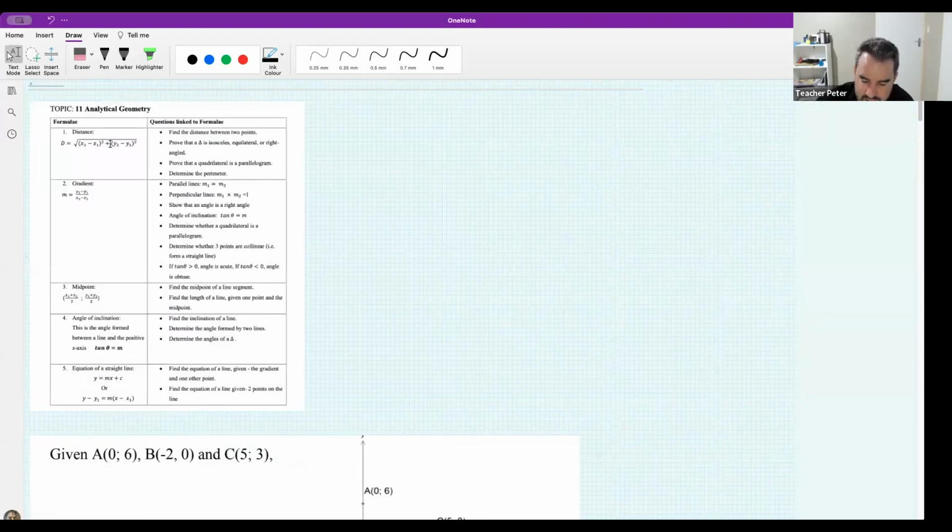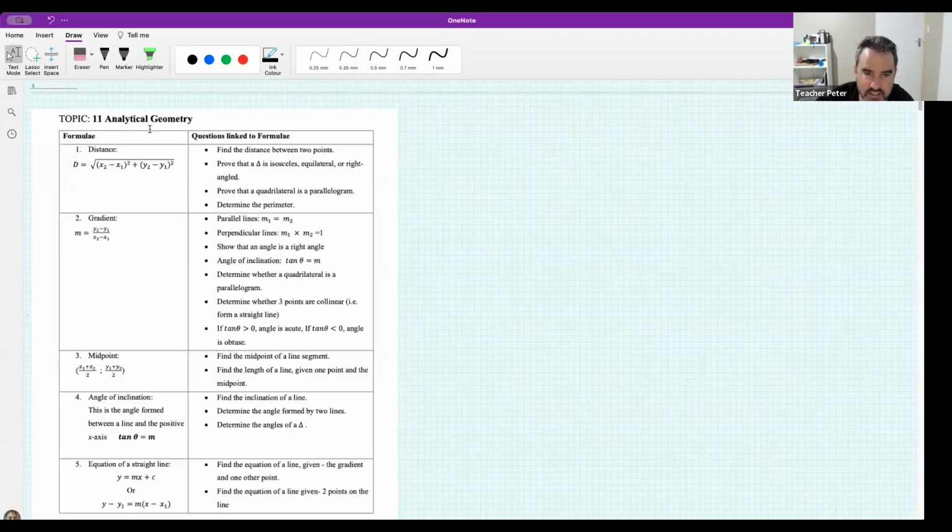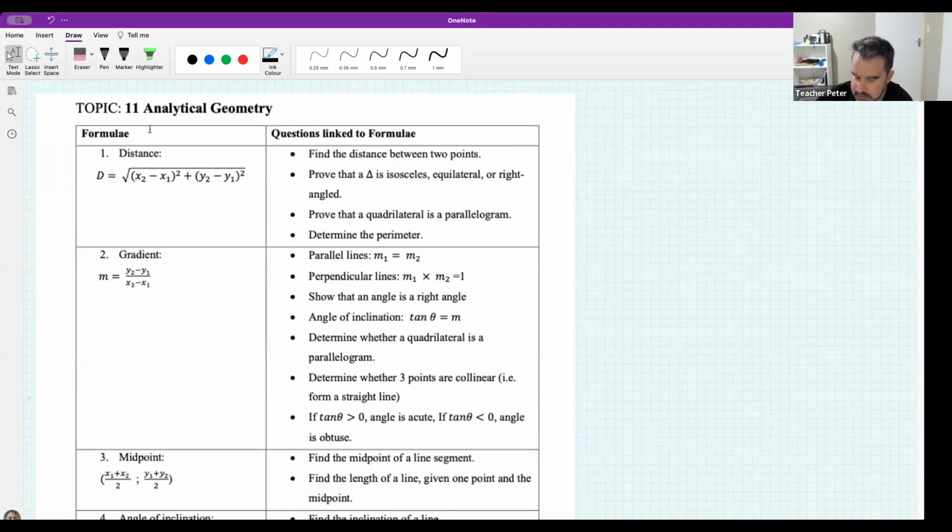If we look back over this topic, because tonight is our last lesson on the topic, we did the distance formula, and pretty much you can look at all the subpoints. We did all of these. We didn't specifically do proving a quadrilateral is a parallelogram using the distance formula, but all you need to do